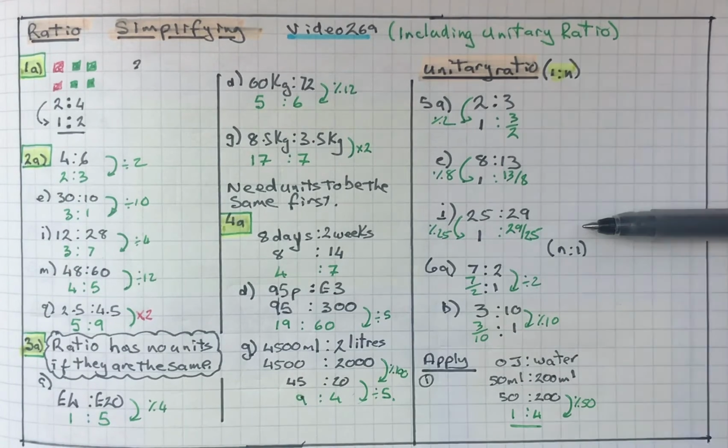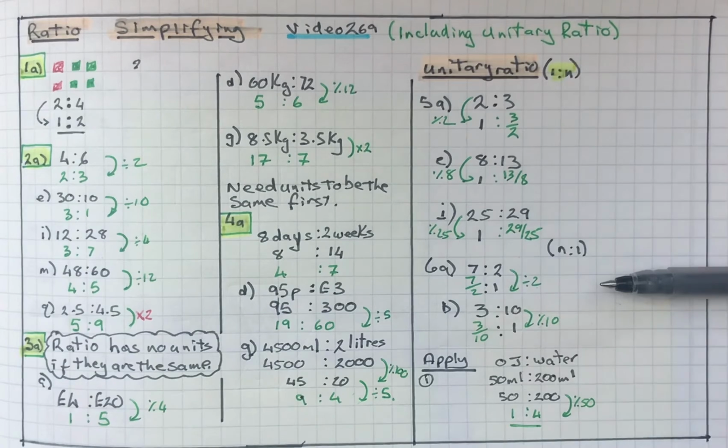Sometimes you might be asked, like in question 6, what do I have to do to get the second number to be 1? Well, if it's 7 to 2, I've got to divide both numbers by 2. And if I do that, I'll get 7 halves, 7 over 2, and 1. 3 to 10, divide both numbers by 10, so that I get 3/10 on the left and 1 on the